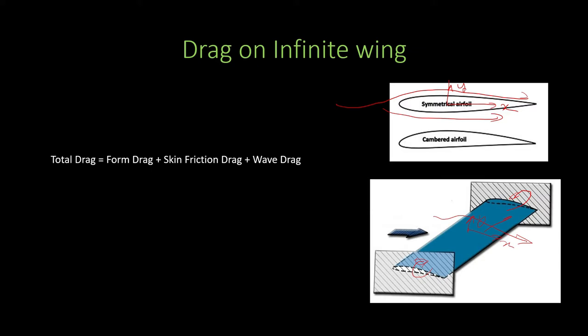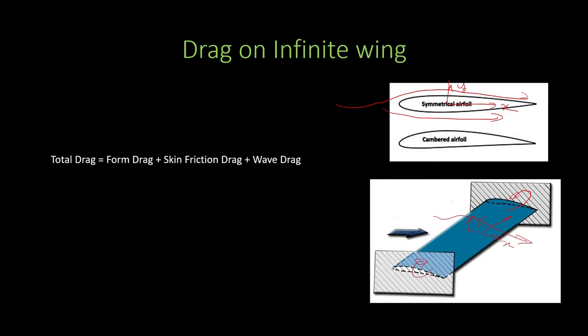So now I hope you understand what is the difference between a finite wing and an infinite wing. All the wings which are installed on an aircraft are finite wings, and the wing which is tested in a wind tunnel in a manner such that the walls of that wind tunnel are coinciding with the ends of the wing and there is no flow over the tips, such a wing would be an infinite wing or an airfoil.